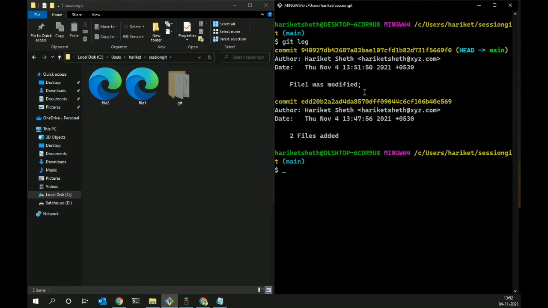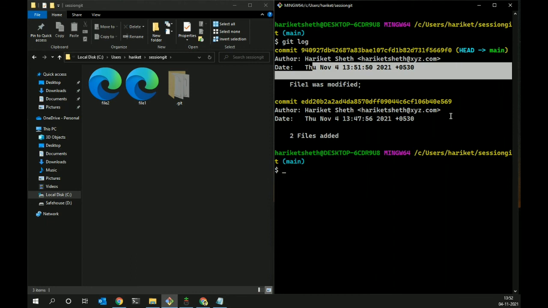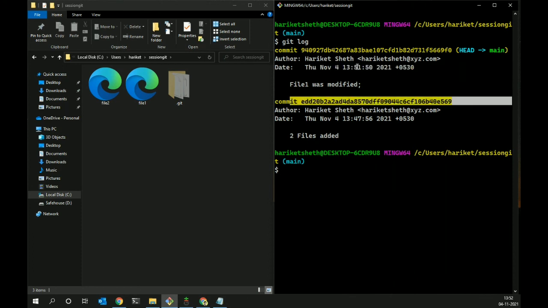I mistakenly added this semicolon, I didn't want to. One thing which you should notice is that each and every commit is built on another commit, right? So this file 1 commit was made on top of this, so these two are connected with each other. Once we make three commits, I will explain this concept of connections as well. So yeah, this is covered.